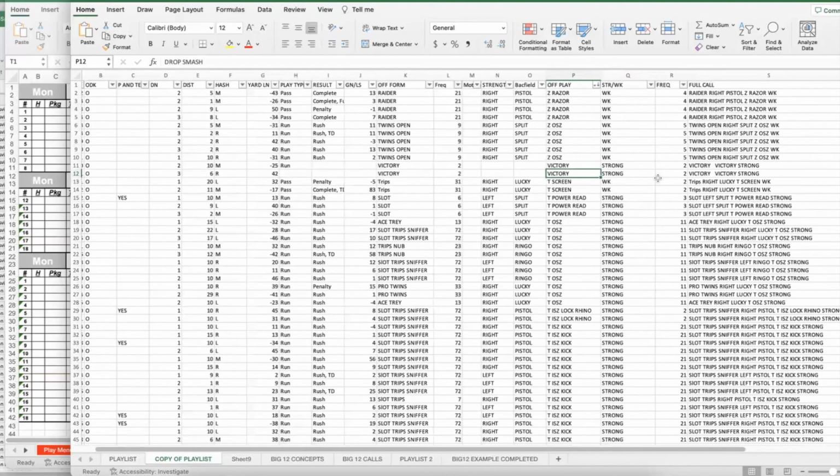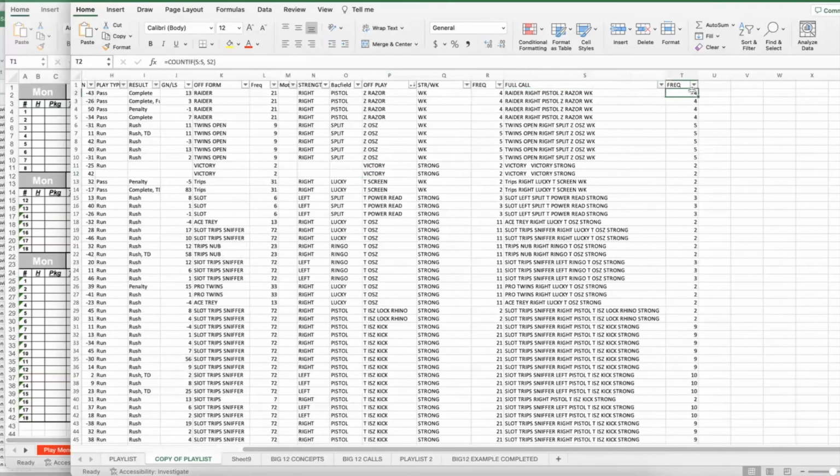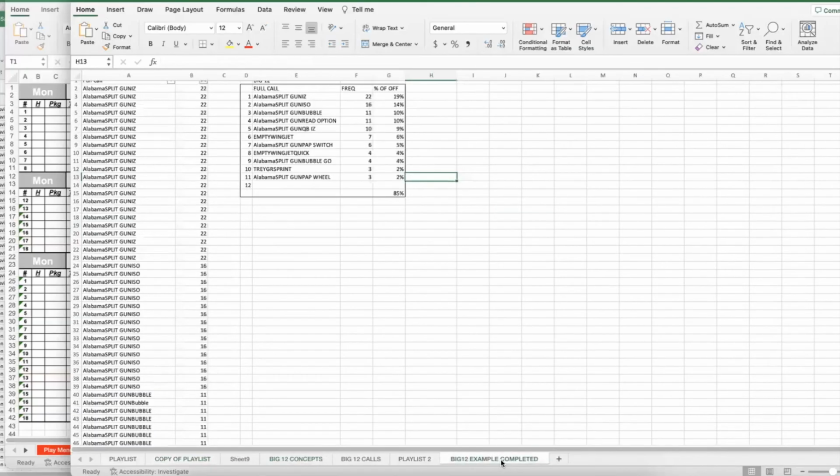So again, you get good data in Huddle, export your data, concatenate to combine the columns, and then use COUNTIF to get your frequency, sort it, and now you've got your Big 12 concepts. I do this every single week. All right. And then we also get our Big 12 to let us know what are those 12, 8 to 14 really play calls. Now I'm going to show you something that's going to blow your mind a little bit.